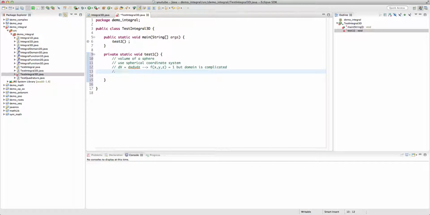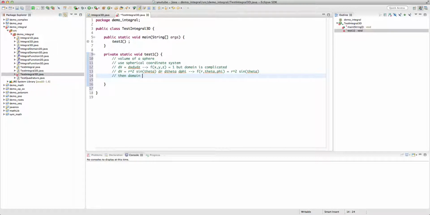Okay, so in the spherical coordinate, dv is r squared sine of theta dr d theta d phi. So my function is still a function of r, theta, and phi, it is r squared sine of theta. It's not complicated, but the good thing here is